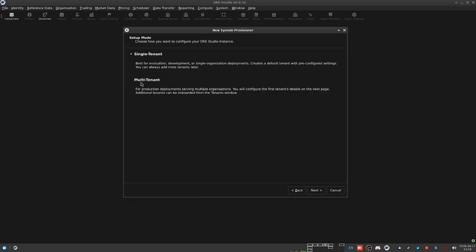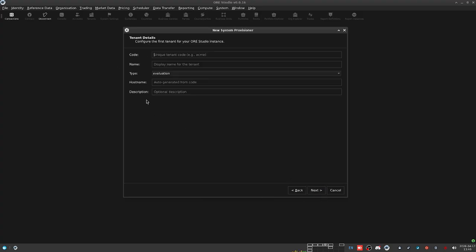So in reality, we have an option here of single tenant and multi-tenants. This is sort of a fake choice, really. The system is always multi-tenant. The difference between single tenant and multi-tenant is just that we create tenant number 1 with a name called default, whereas in multi-tenant, you can actually configure the tenant properly. So I'm just going to choose multi-tenant,